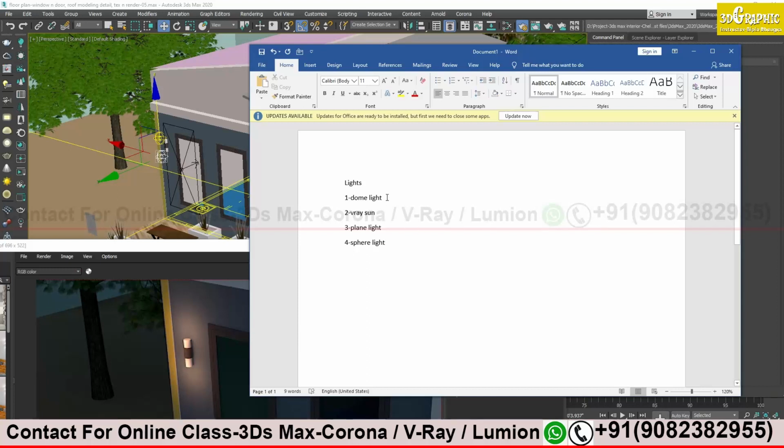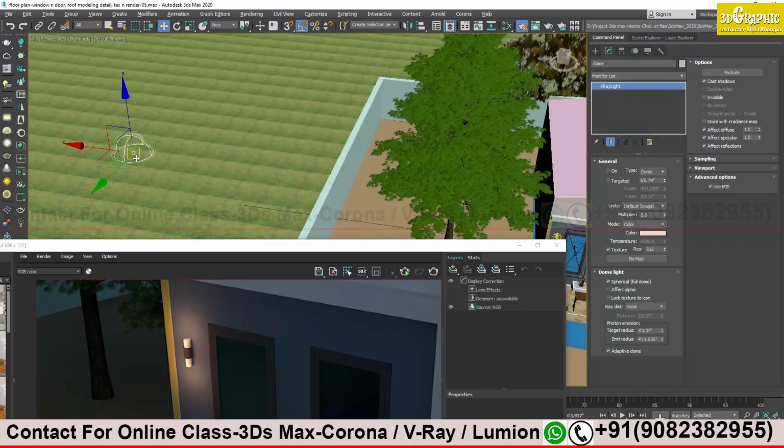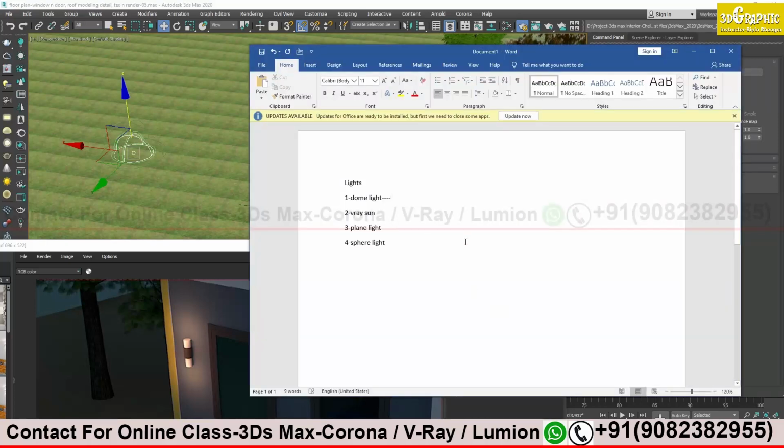Okay, a little bit about dome light. Whatever you have understood about what the dome light is, how it will be helpful. Anything you would like to add about dome light? Okay, I tell you. Dome light is just like environment, simple.